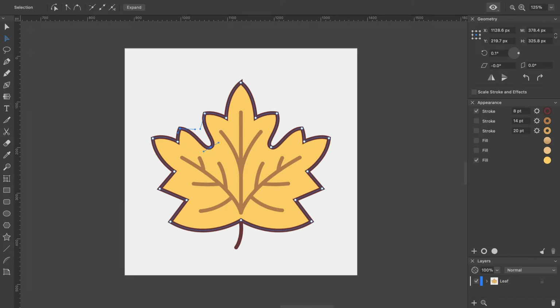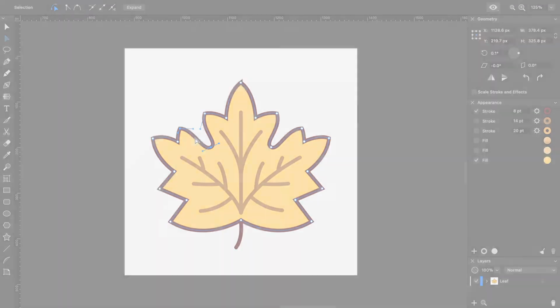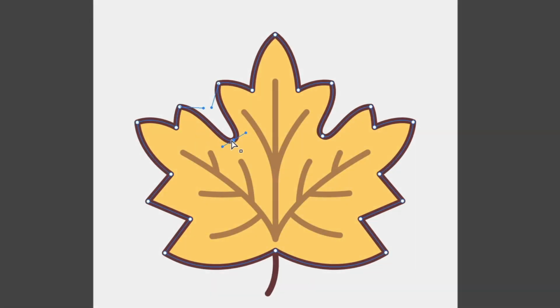Alternatively, you can reshape an object by dragging its segments at any point, if you enable the corresponding mode in the control bar. Selecting an anchor point will display its direction lines. These small handles define the way the path passes through the anchor point. If we rotate a direction line using its handle, we'll see how the path bends in one or another direction. By extending or shortening a direction line, we change the curvature of the path.